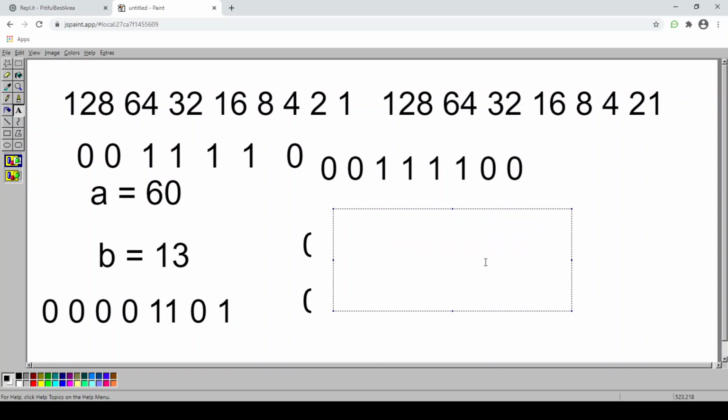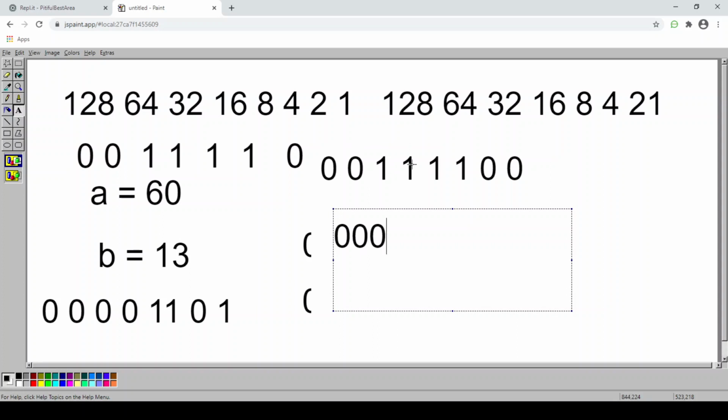To create a right shift operator, I'm going to add a 0 at the first position. I'm going to reverse the process I did in the left shift operator. In right shift, I add a 0 as the first value. Now my first value will be 0, and then this value will be passed to this, and this value will be passed to this.